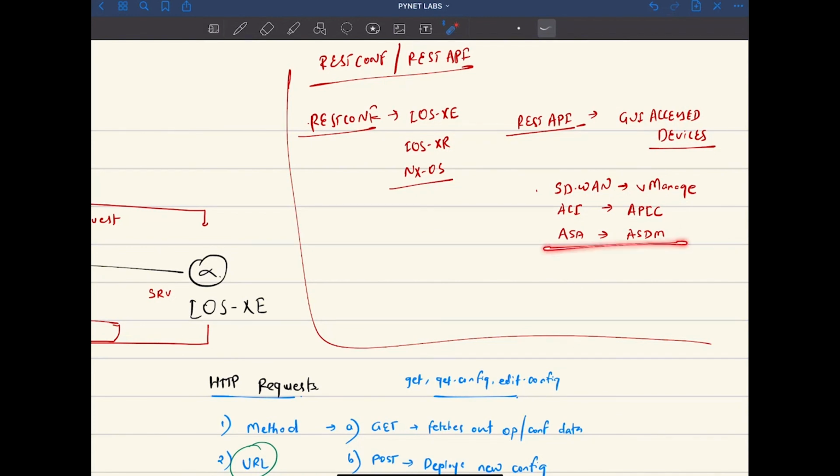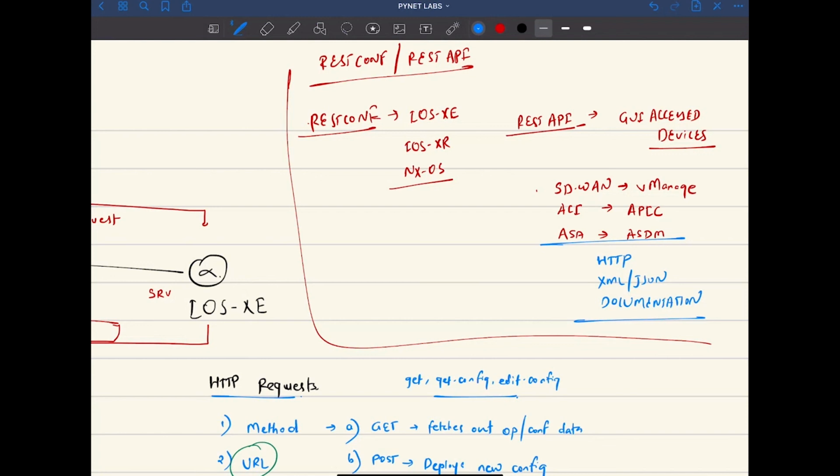So when we talk about the protocol stack of REST API, it uses HTTP for the transport. It uses XML or JSON, same, but instead of using Yang, it depends on the documentation. So for every product, there will be a REST API